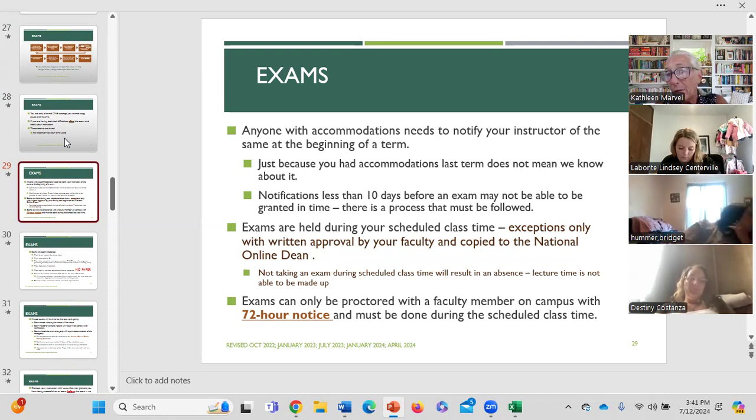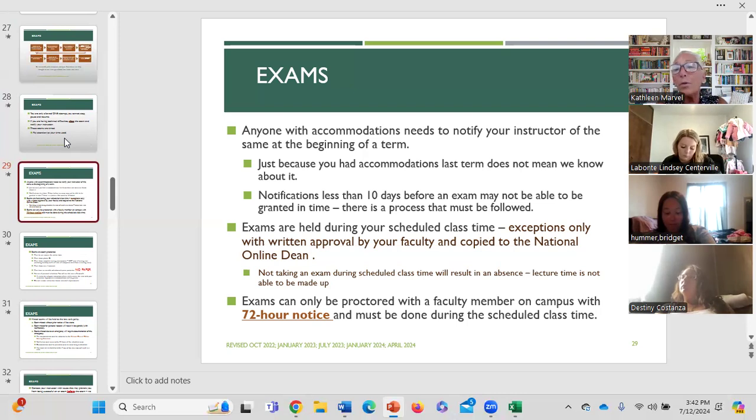If you would like to take your exams on campus with a proctor, which is no problem at all, I have students every term who take exams on campus with proctors. You've got to give me at least 72 hours notice with the proctor's name and a contact. All right, so I can reach out to that proctor, also get approval from the campus dean, and have time to reach out to the proctor to confirm everything.